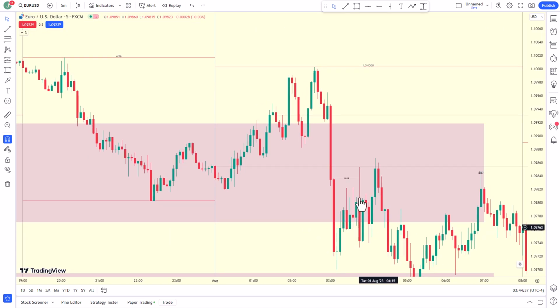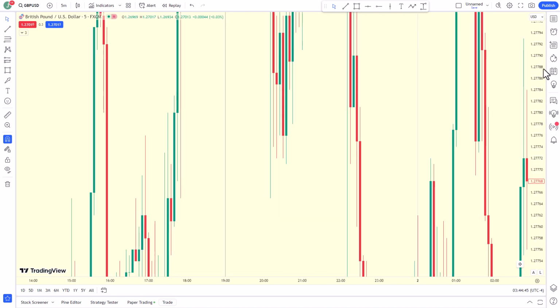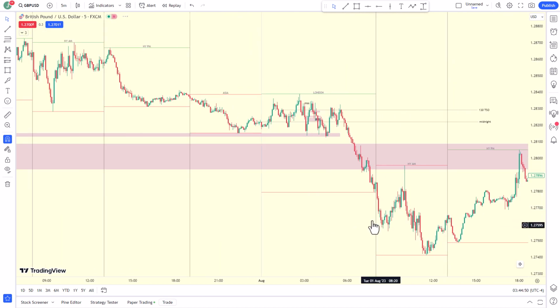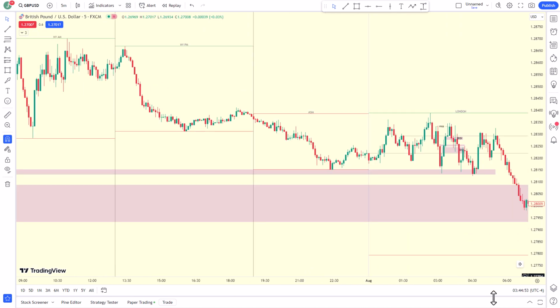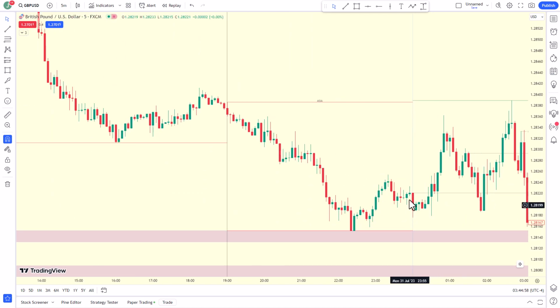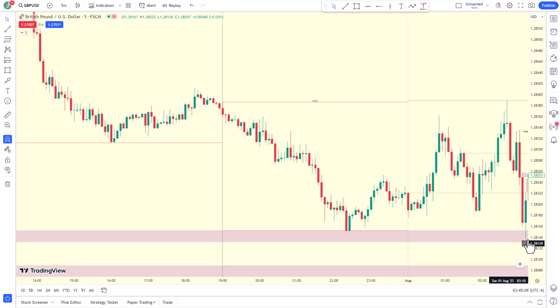So this was a losing trade on the Euro USD, and a very similar trade was taken on the pound, with a difference in the pound because GBP USD actually had a cleaner setup. What happened with the pound was, of course, I had my midnight opening price and my 130 true opening price. We got a sweep in liquidity at this point, clearing Asia low, and at this point I was waiting for